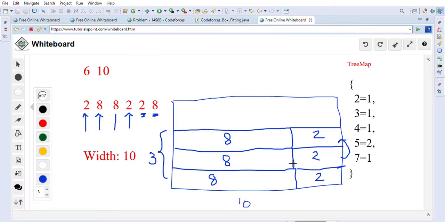So as you can see we always greedily choose whatever is the maximum available first, right? For example here the maximum available is 8, so we'll put 8. After that, for whatever space is left over, we will choose the maximum available box to fit that space, right? So if a box of size 2 is available, we will always greedily choose the maximum.